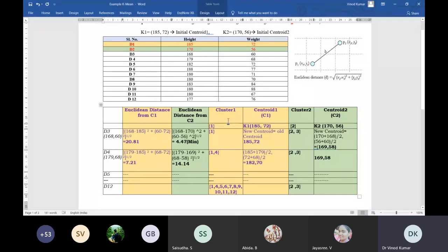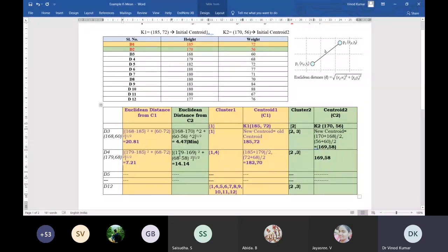What was my centroid for cluster 1? The centroid was 185 and 72. So I have to take the difference like this. So 179 minus 185 and 68 minus 72, Euclidean distance. Then I come up with the value 7.21.